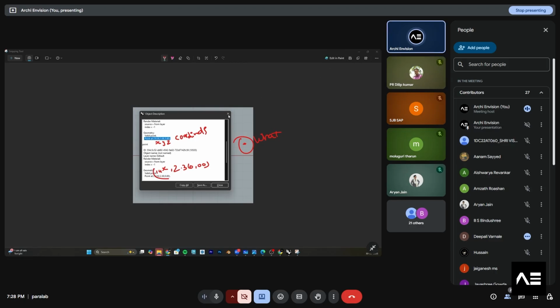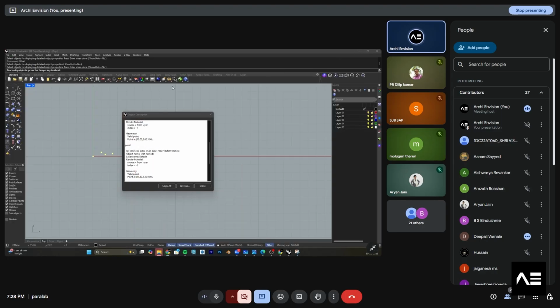In Rhino we just get the object description. If we want to know which point is which, for numbering the points, we have to use Grasshopper. We have to open Grasshopper and number it.